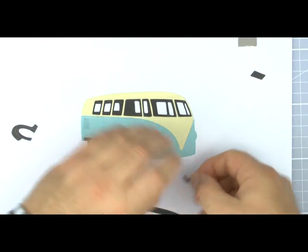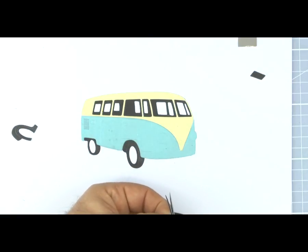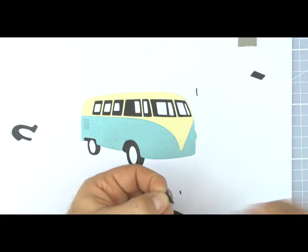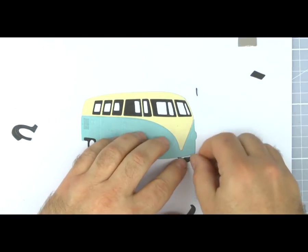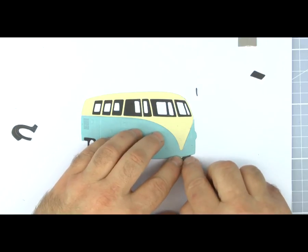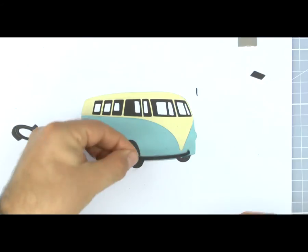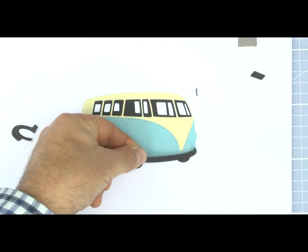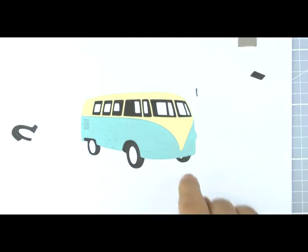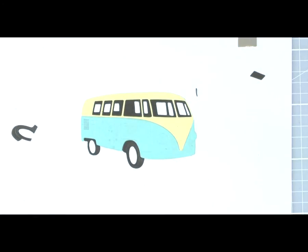That bit's gone flying off. I probably need to cut a little bit more off. I've missed my line there. I'll just show you. And that will just, again, glue in underneath there like so. There's a tiny little bit of white there, but you're not going to see it because when we put the bumper in, and I've got this in black at the moment, so just pop that on there, that just comes down and covers that. So I'll glue that, and that's how we do the tyre at the front, and that'll look fine. That's just an approximation,